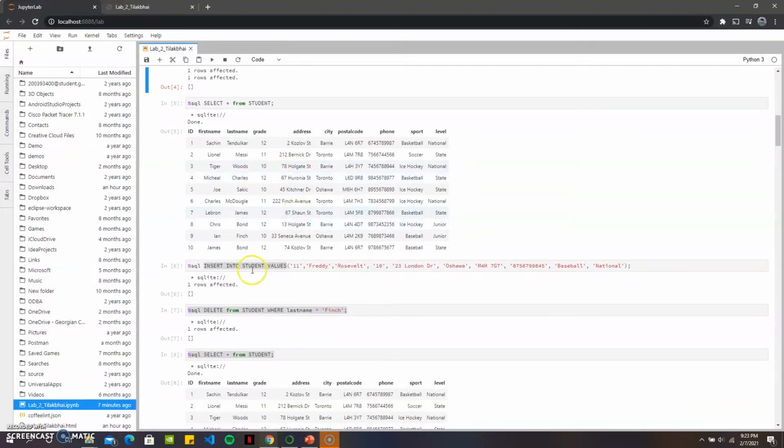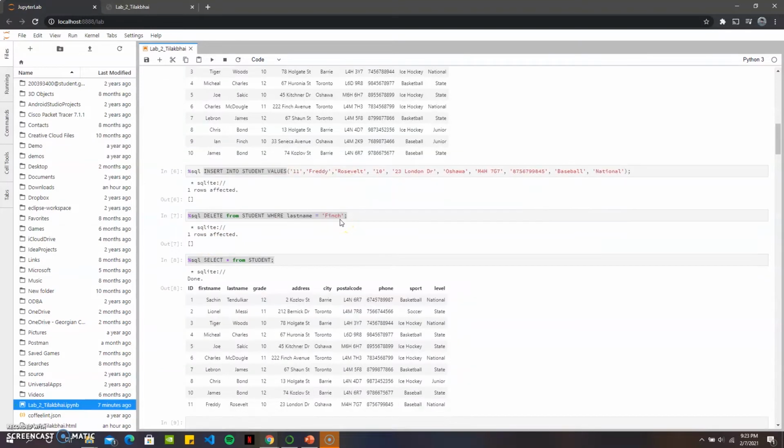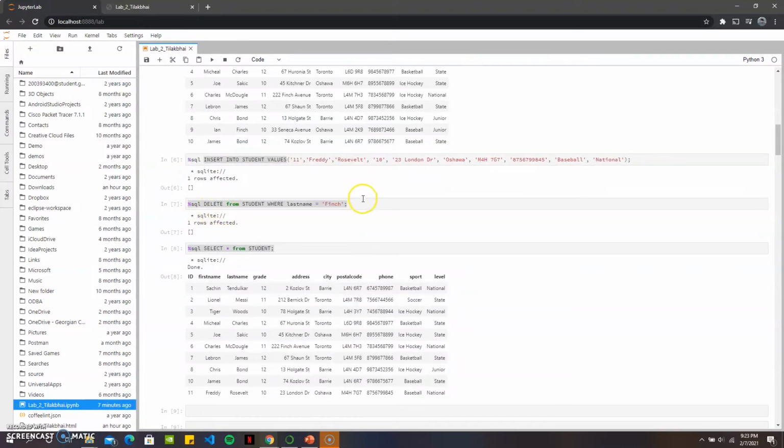Then we're inserting a row in that table. So insert into student values, where 11 is the new ID, and then Freddie Roosevelt, who is in grade 10, with the address and phone number, and he plays baseball at a national level. So we inserted a value in the table, and then we are deleting